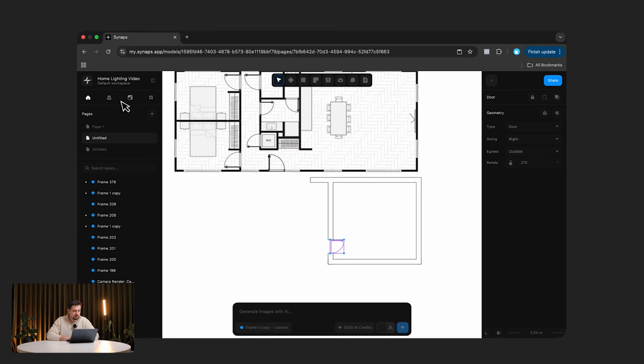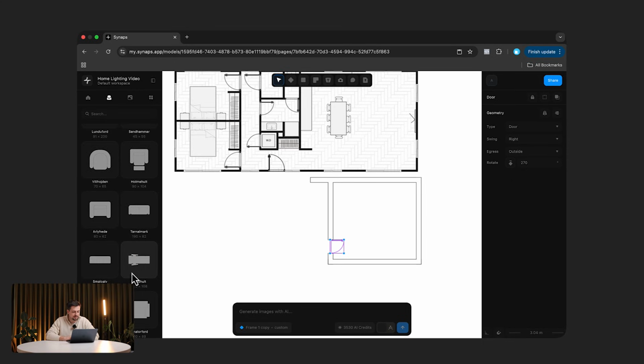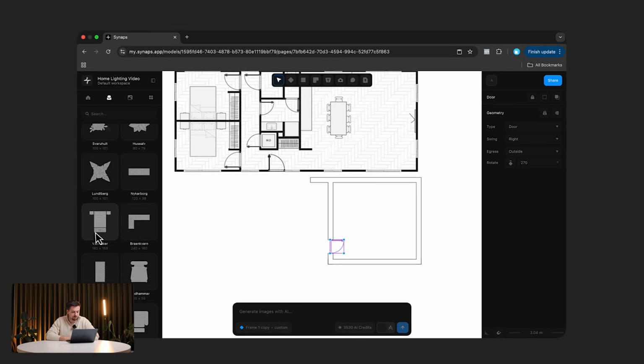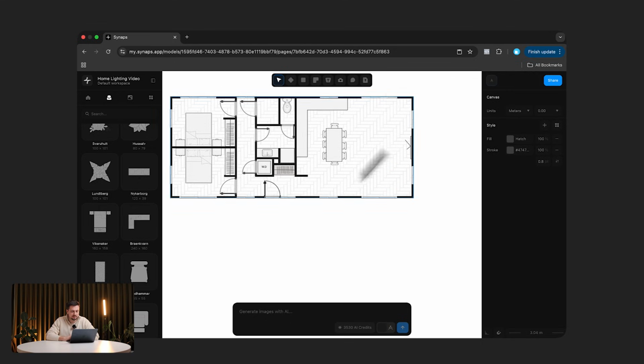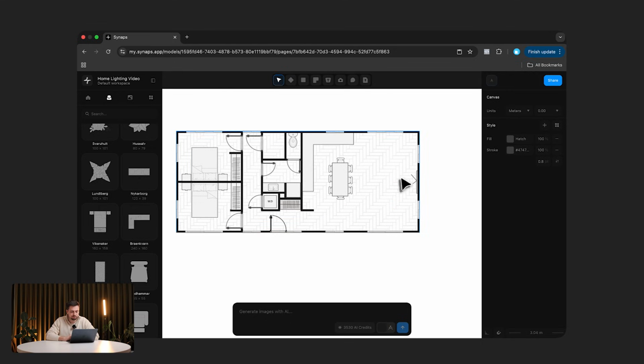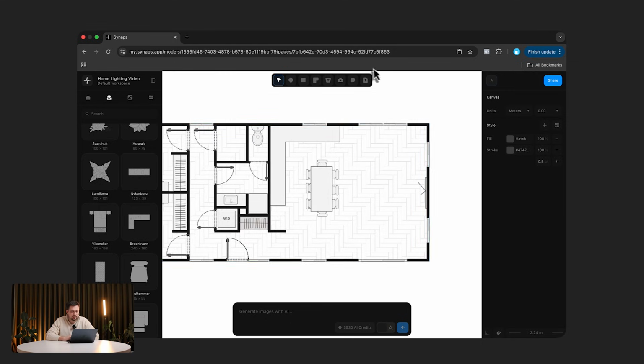But the cool part is that you can do everything inside. And I'm going to show you exactly how just now. So you can even drag and drop furniture like this. You can put it to scale, rescale it, etc. But if we go here at this area that I've already drawn into, you can see that now I can